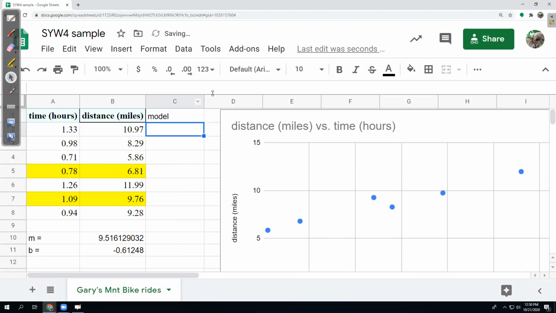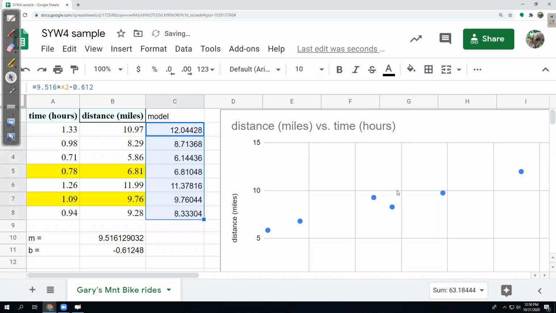This is my model, and then I'm just going to say equals 9.516 times time plus that negative number, so minus 0.612. These are numbers from the model equation. They don't quite match the actual points.